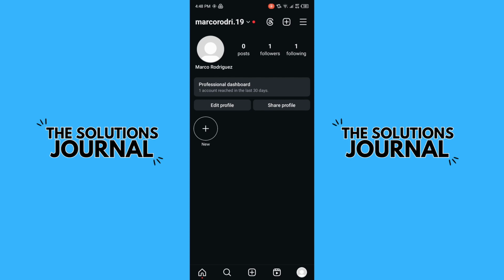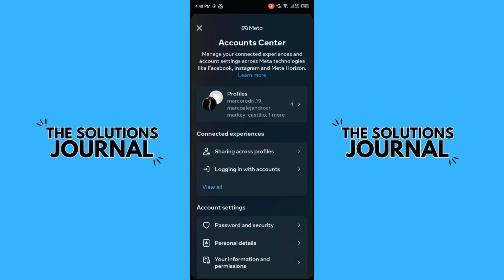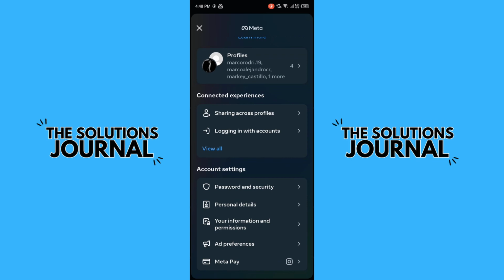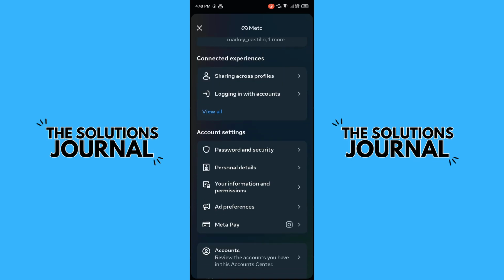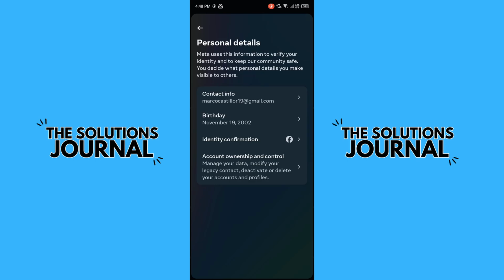And after that, you need to go to the top right corner of the app and pick the three lines. You pick here, and after that, you need to go to the first option, Account Center. You pick Account Center, and after that, you need to go to Account Settings and pick Personal Details. In Personal Details, you need to go to the option of Account Ownership and